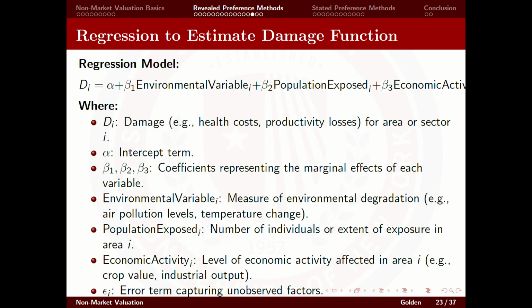So D is damage, alpha is the intercept term. These are the coefficients, and the environmental variable measures the environmental degradation cost on damage. So beta 1 is how much damage is created by a 1 unit increase in the pollutant